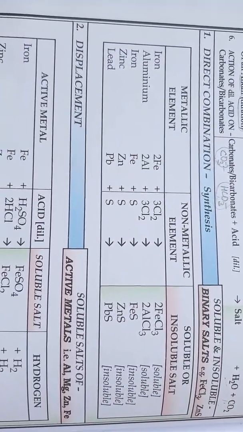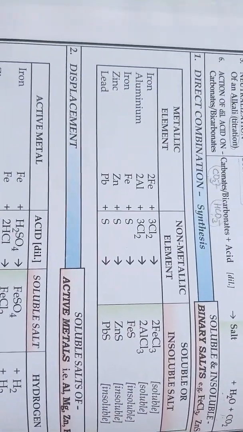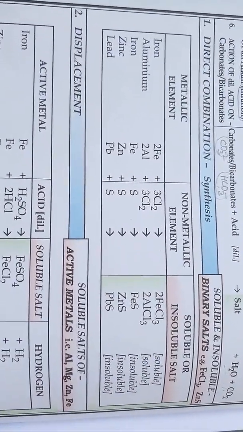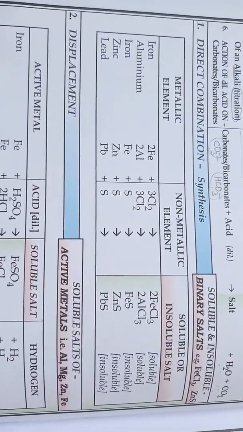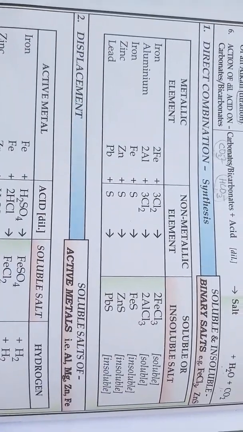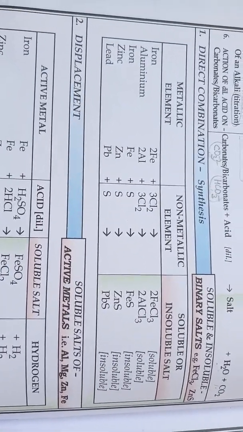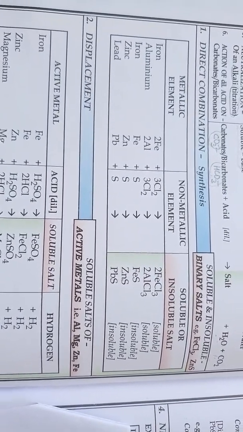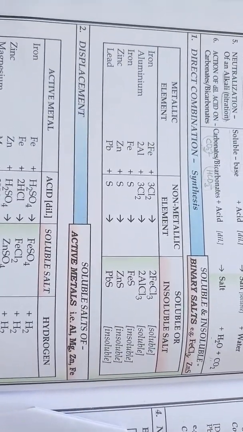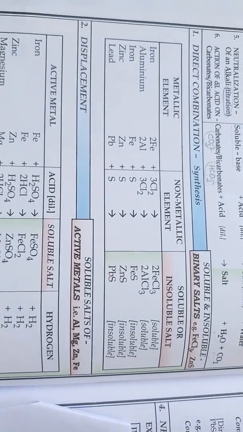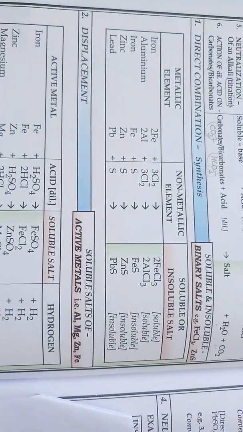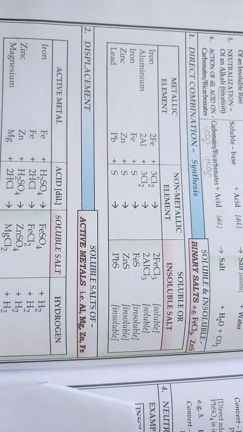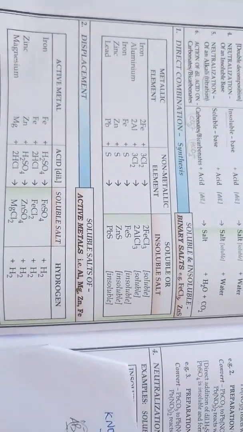When a metallic element and a non-metallic element react, Fe and chlorine react and we have FeCl3, soluble. If we have aluminium and chlorine, AlCl3, aluminium chloride, we have a soluble salt. If we have iron, ferrous, and sulfur, then we have ferrous sulfide, which is insoluble. Zinc sulfide is insoluble, and lead sulfide is insoluble. If you take a look at the previous page,